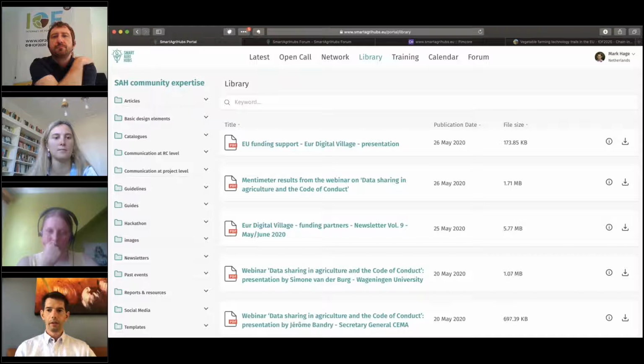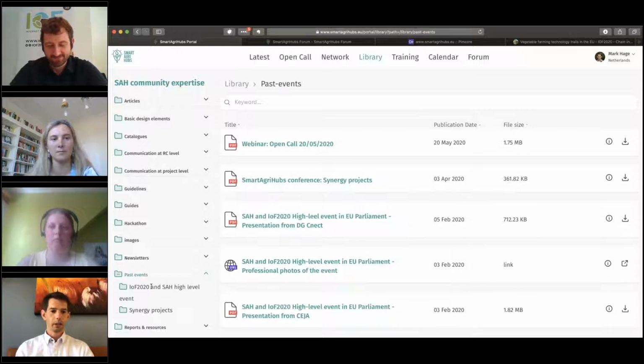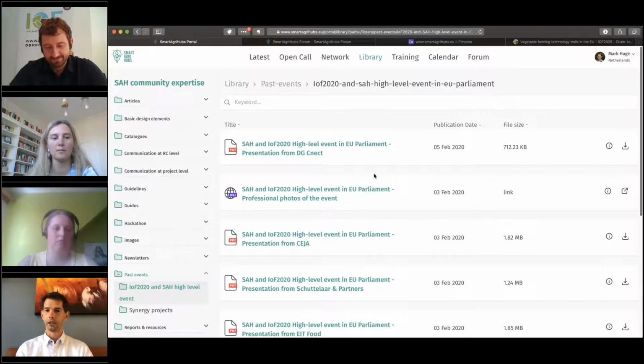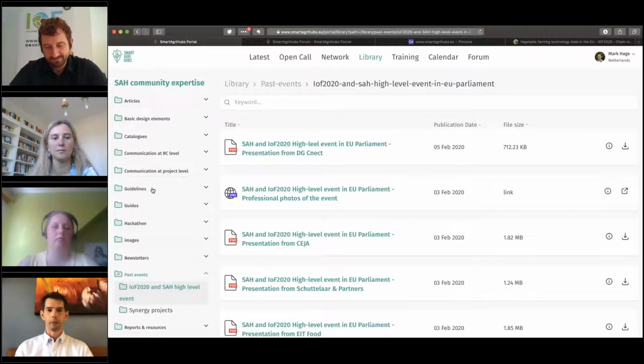Then we have the library. There already was one of the questions if we would share the slides of the presentation we had, and I think we will upload it here. And there will be somewhere in the past events or something. So there are already presentations here and links to other websites. So here on the left now you have some kind of folder structure, and when you click on one of the folders,